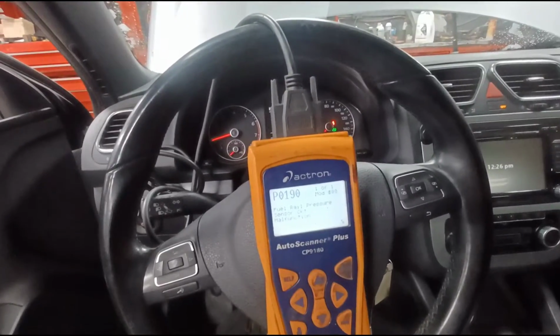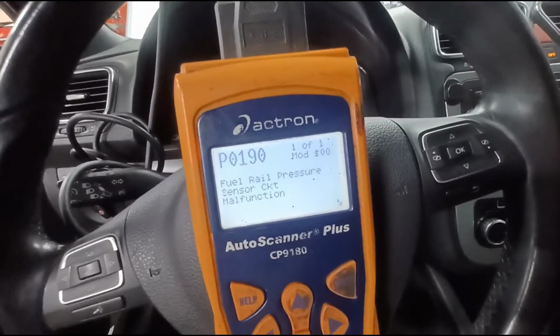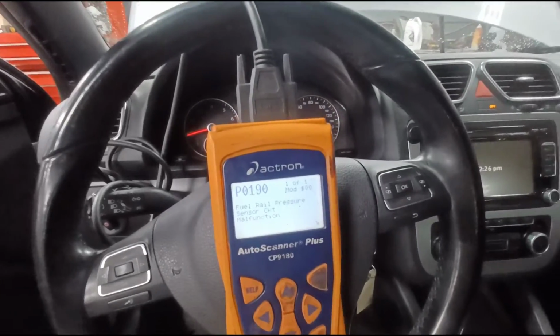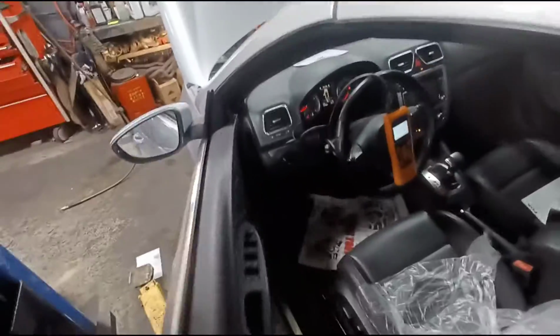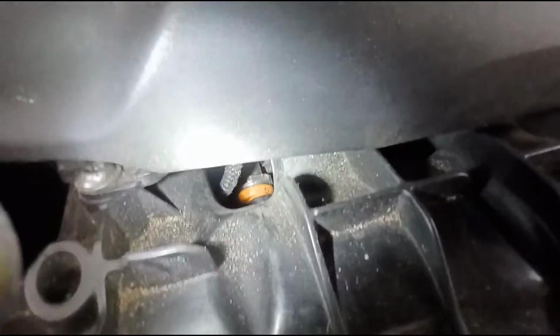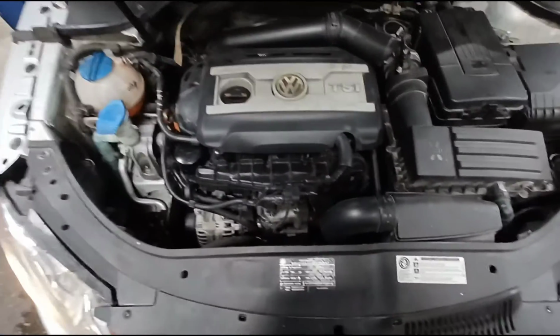And this is the only fault that was stored, and it's in the engine control unit. The fuel rail pressure sensor malfunction. So pretty common fault that you see on these 2 liters and the 2-liter TSI engine. This one is a CCTA. What it ends up being is the fuel pressure sensor is bad. It's the sensor that plugs in right down here underneath the, it plugs into the high pressure fuel rail, and